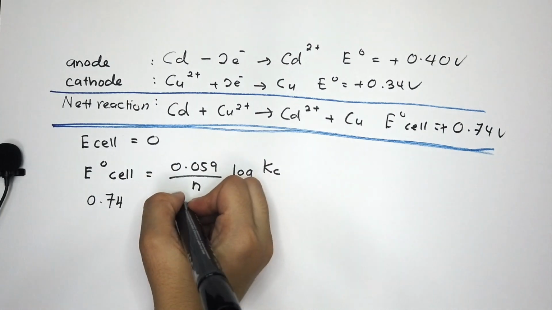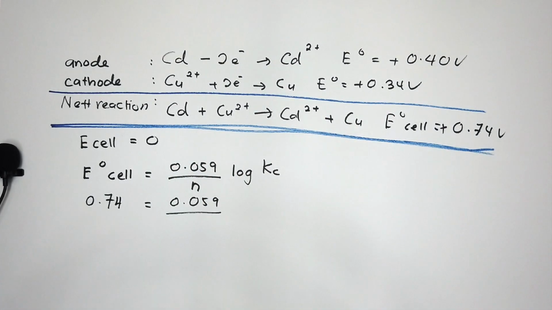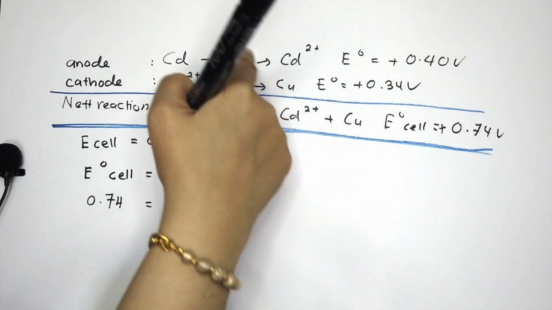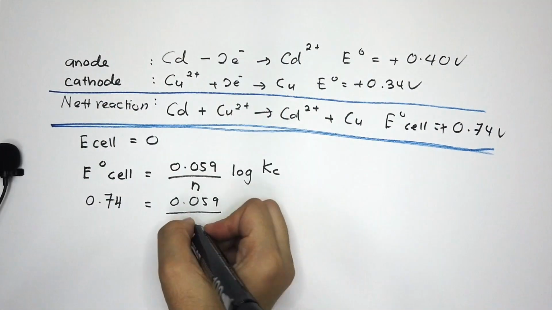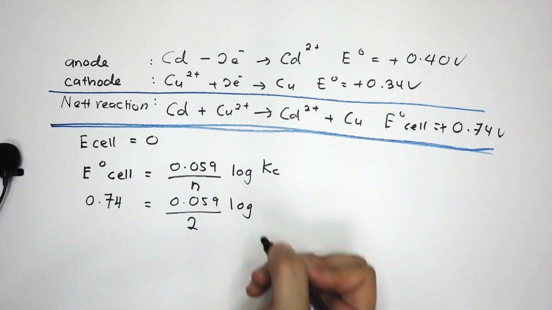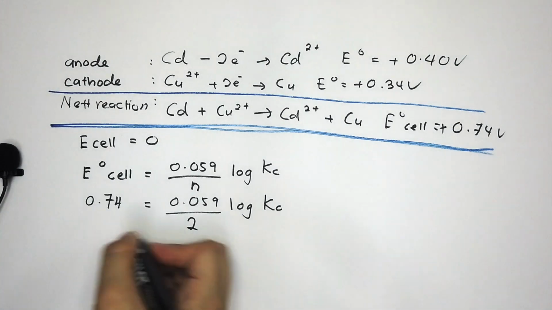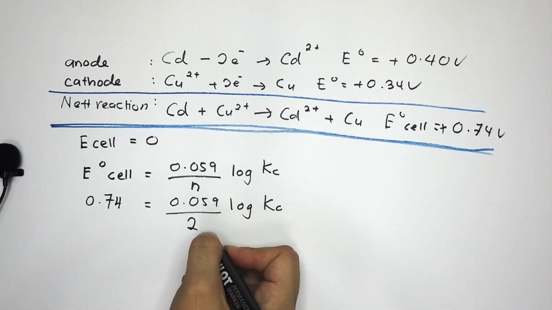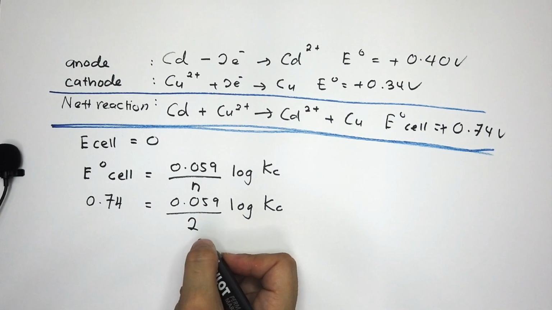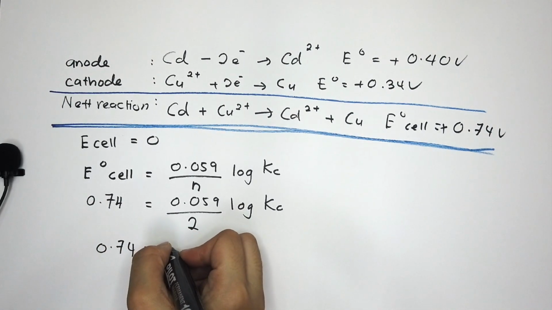So this one, 0.059 divided by n. What is n? How much electron is there? So 2 electron plus 2 electron means that is 2 over here. Log Kc, the thing that we want to calculate. So 0.059 divided by 2. So you get 0.74 equivalent to